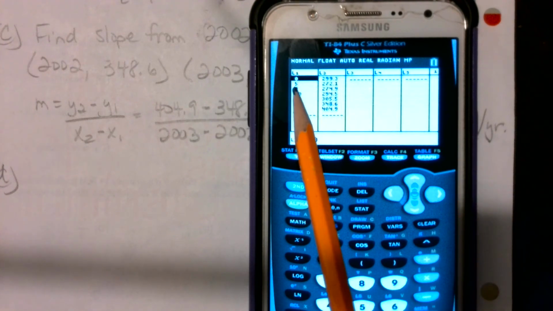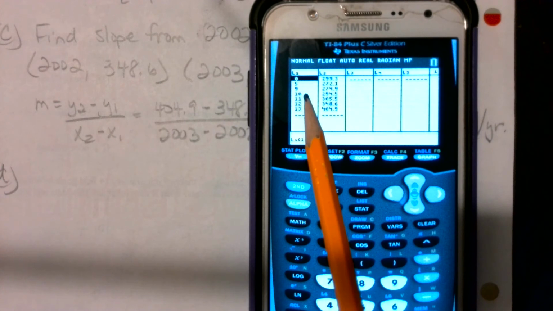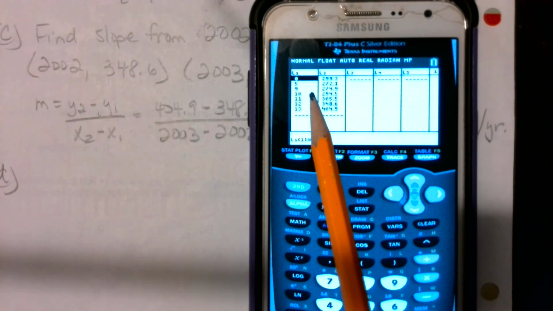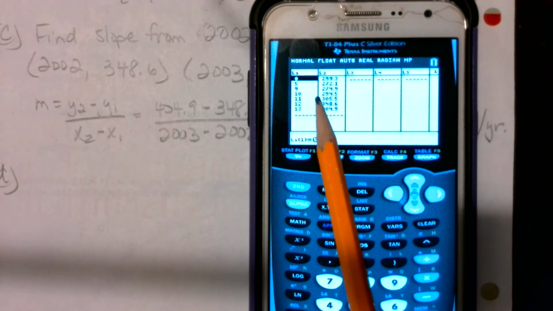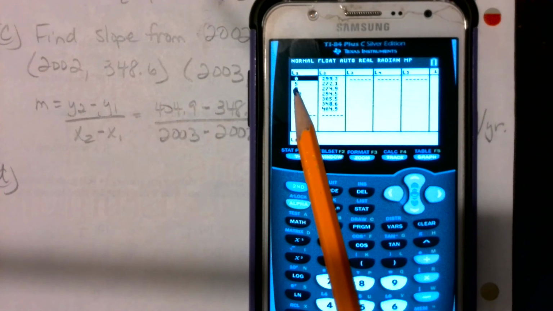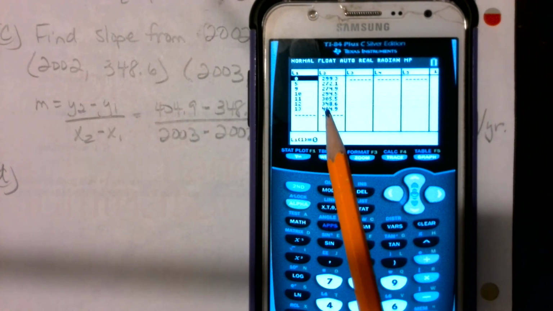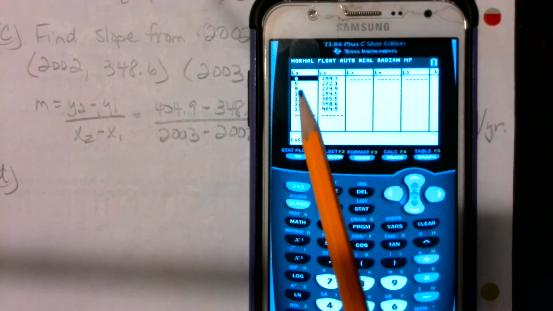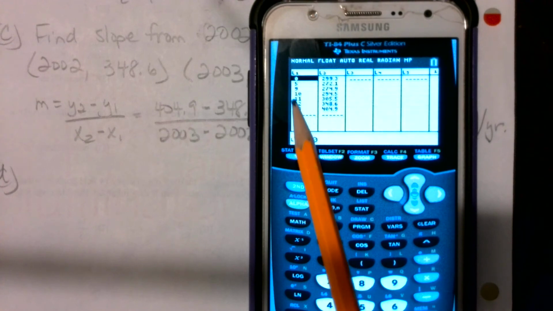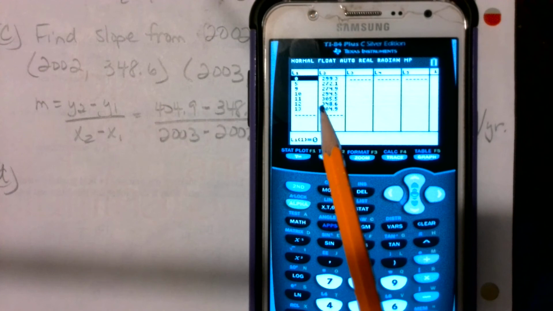They wanted you to make 1990 0, 1990, and then 1991 was 1, and then 1992 was 2, and so on and so forth. So this is 95, this is 99, and then this is 2000. And so you put it in like that, like Jonathan usually wants to do. So you put it in like that, and then